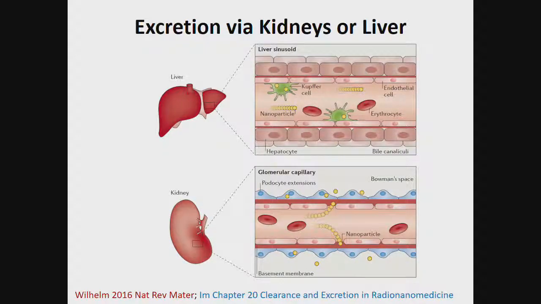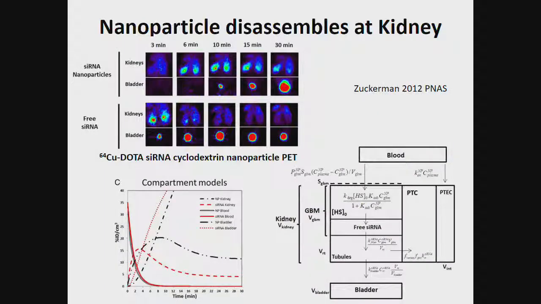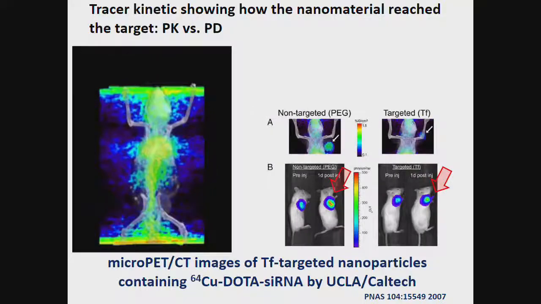And liver and kidneys are the excretion organs. And for kidneys, yes, the size matters. However, the shape sometimes matters. Or even in this case, cyclodextrin is metabolized in the glomerular basement membrane. It was really interesting, and these investigators correctly set up the kinetic modeling, and they did solve and found out this one and confirmed with the invasive study.